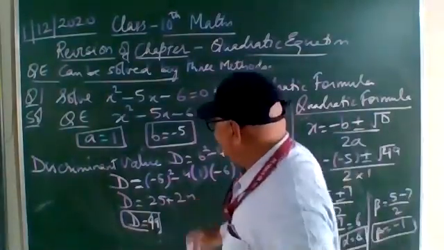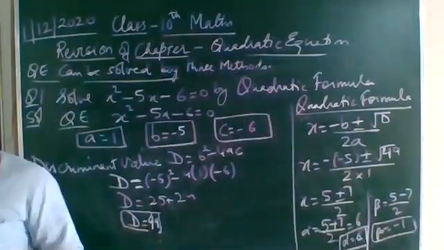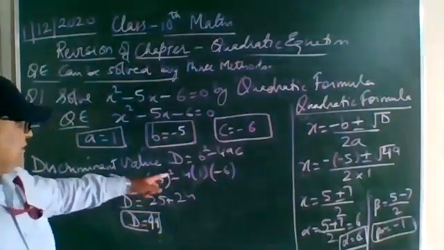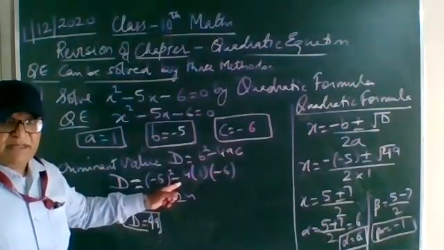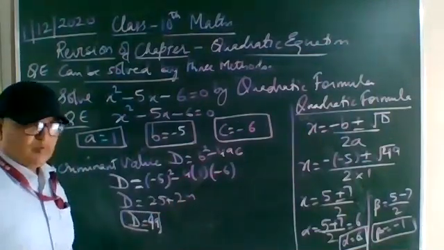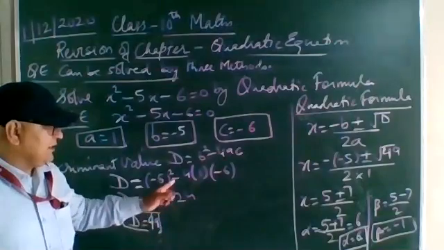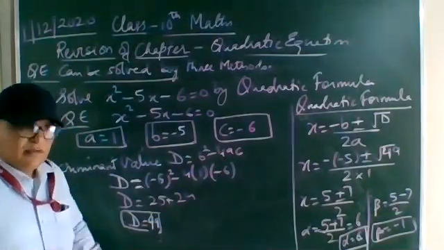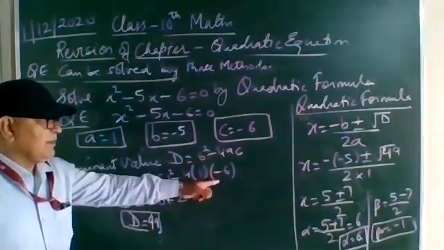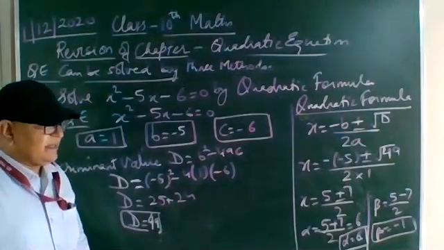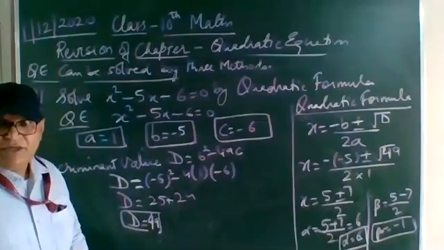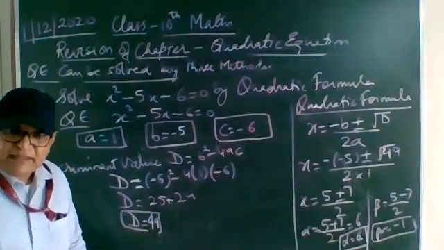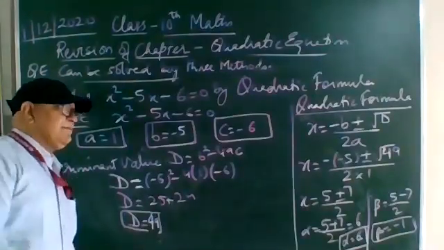This is very important, and the silly mistake I made here was that I forgot to multiply in the previous step. Students also commit this type of mistake, so please make sure multiplication is done correctly. This is how the quadratic equation can be solved by the quadratic formula.